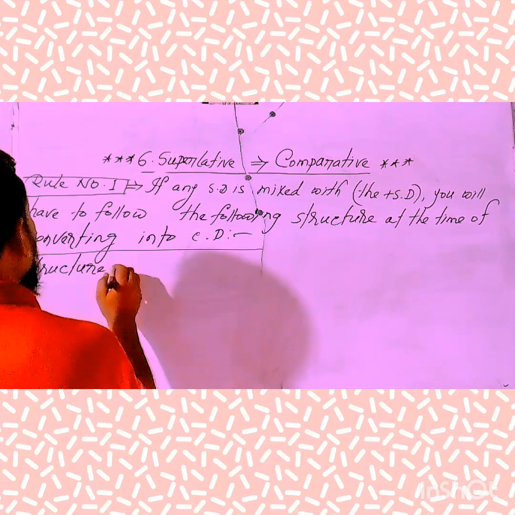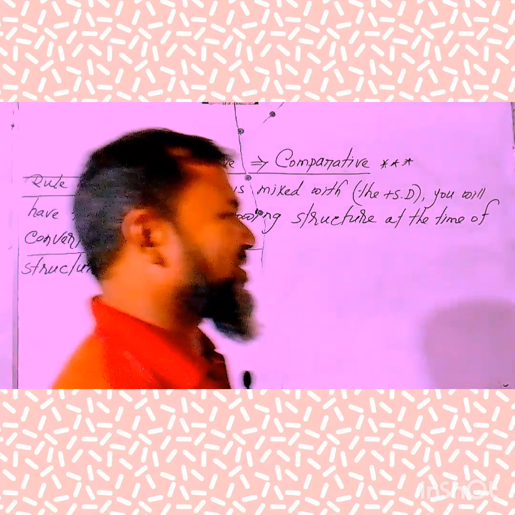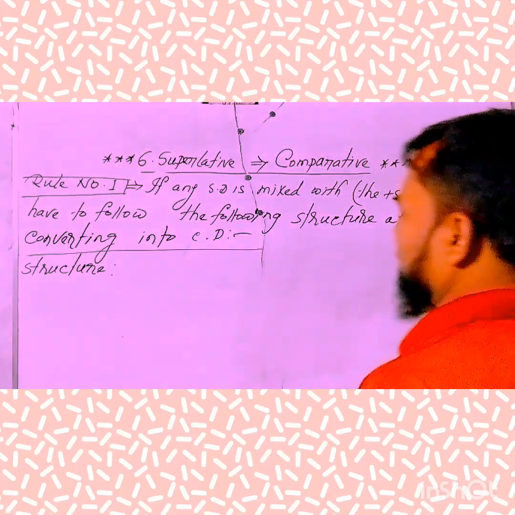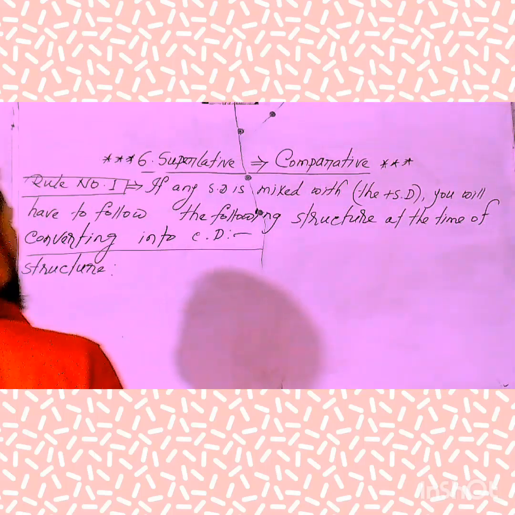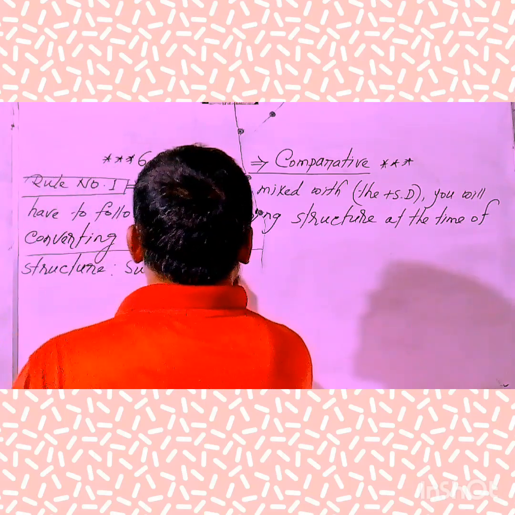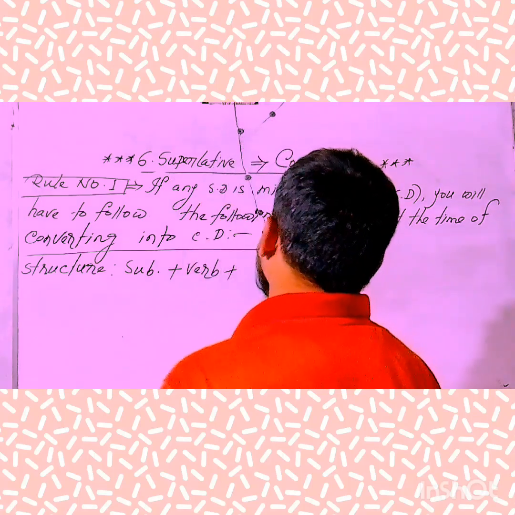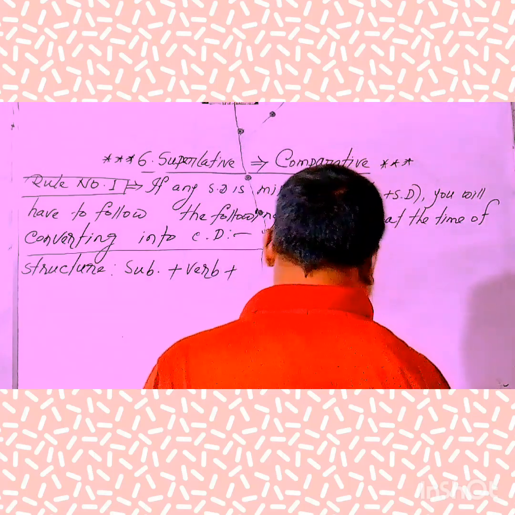So, my dear learners, try to listen and note it instantly. At first, you will have to take the subject from the sentence, number two, the verb from the sentence,